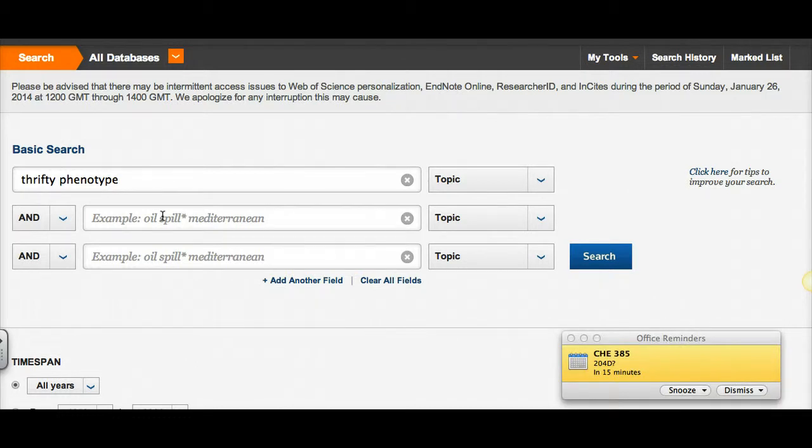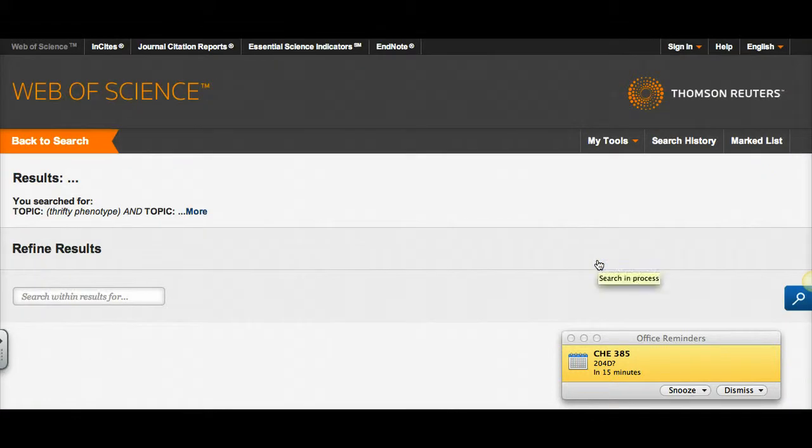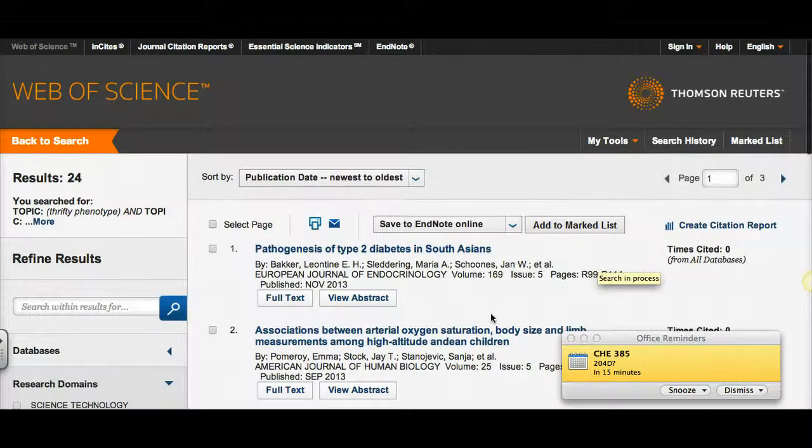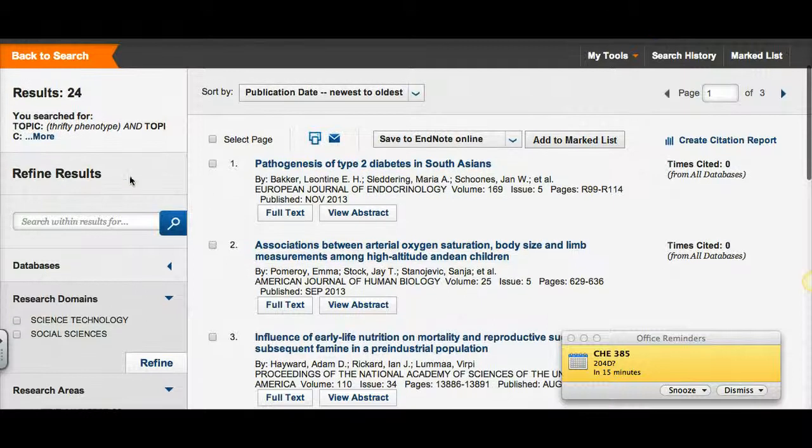So for instance, maybe we will want to explore this search, maybe poverty, and we're going to combine related terms or synonyms with OR. So let's do poverty or socioeconomic, and let's see how that search goes. Okay, so by adding another key concept, we got fewer results. We got 24,